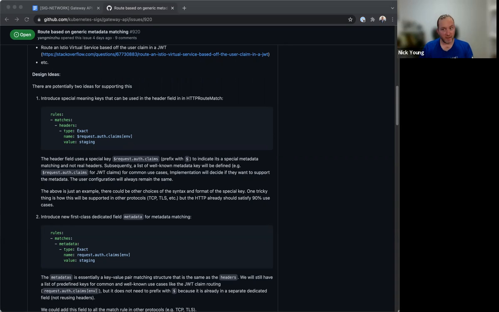Because again, I've said this in a number of ways, but I want to try and say it every meeting so that we all make sure we agree: one of the primary aims of the Gateway API project is to make sure that you can move routes safely between implementations, as long as both implementations support the same set of features. So if the two implementations you're trying to move between support JWT claim matching, and the feature is defined in a certain way and has conformance tests that make sure both implementations are conformant, you should be able to just pick up a route and move it between gateways without any problems. Is that always going to be viable? No, because of other reasons, but that's what the API should be focused on, I think.